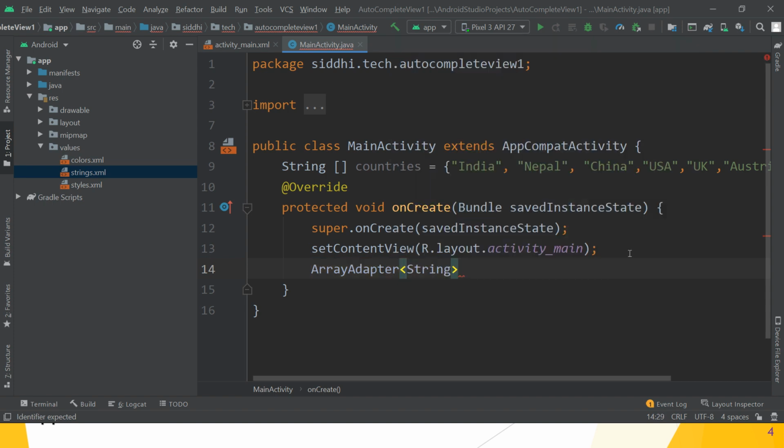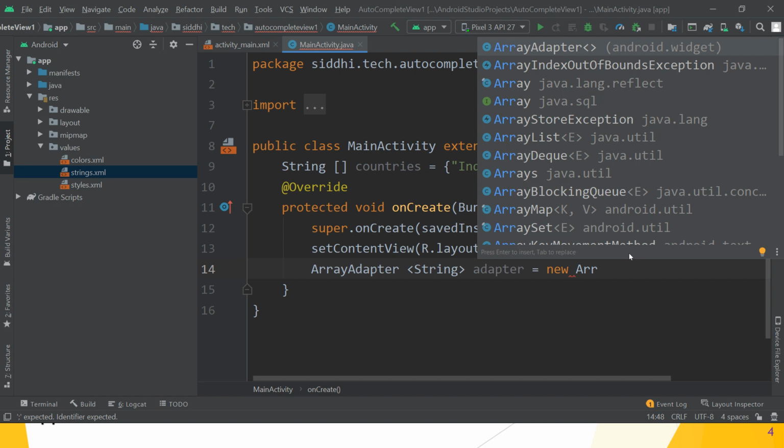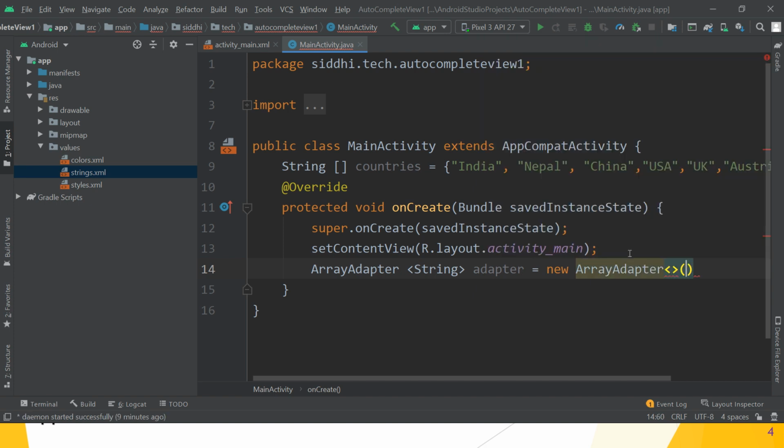So write ArrayAdapter of type String, give the name adapter is equal to new ArrayAdapter, typecast into string type.